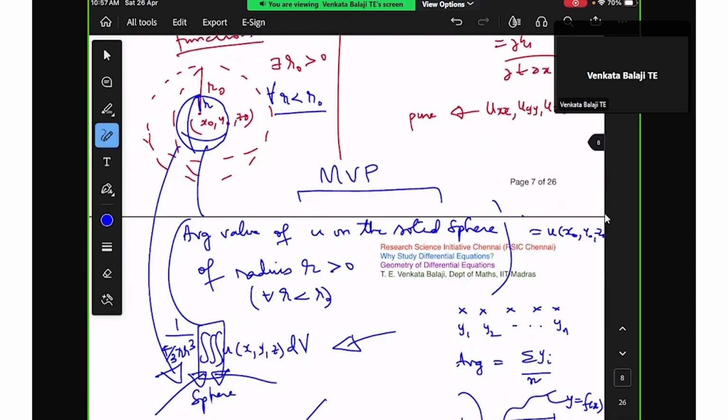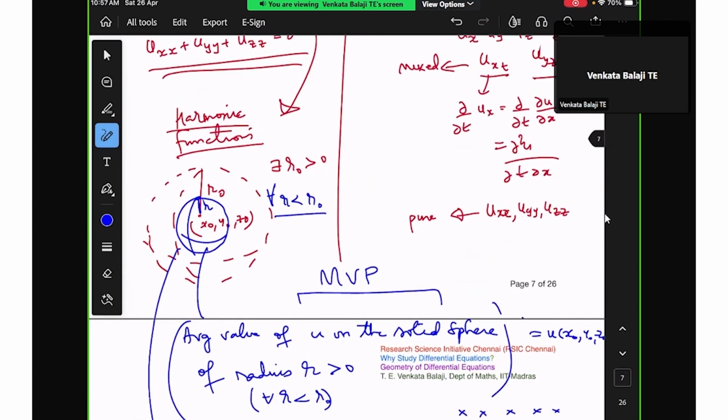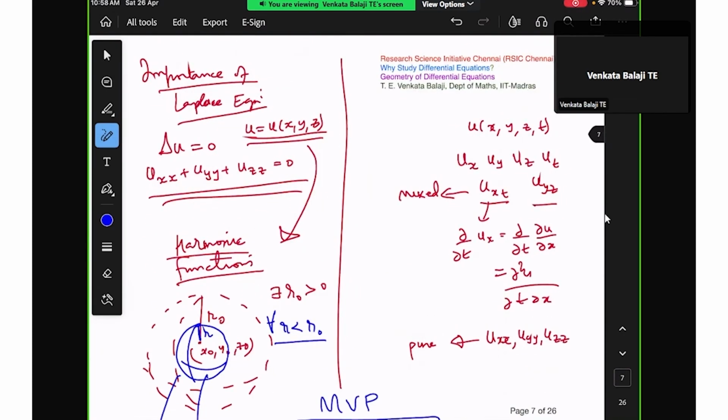There are two more things I want to say before I leave. See, this is for 3 dimensions. What happens with 2 dimensions? What you're saying is a function on the plane in a domain. You give me any point, there is a sufficiently small solid disk, a circle with the interior. Circle is just the boundary. You take the circle with the interior, there's a sufficiently small disk there. In that disk, you have to only look at the